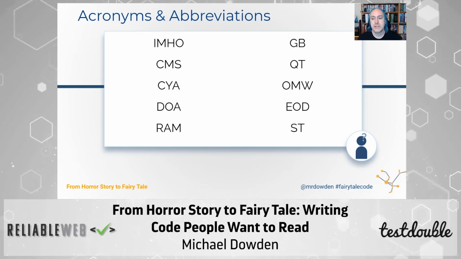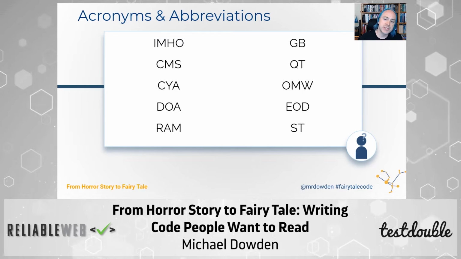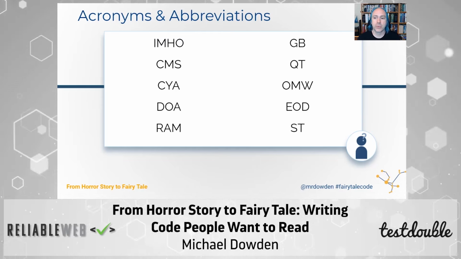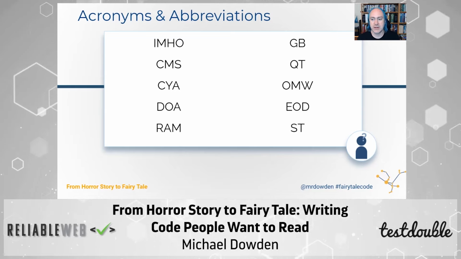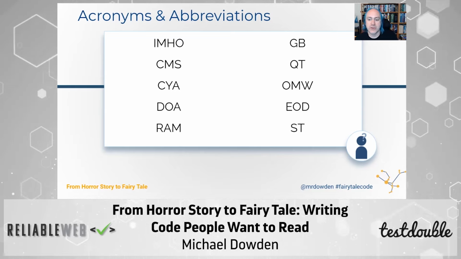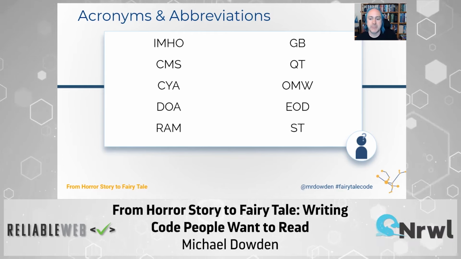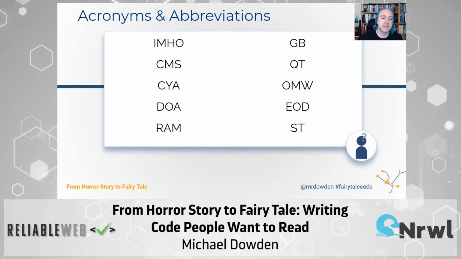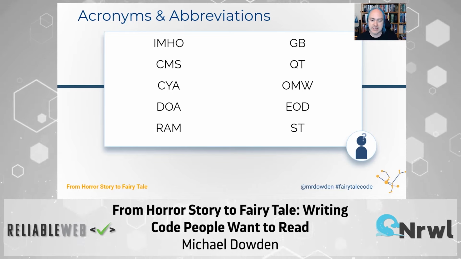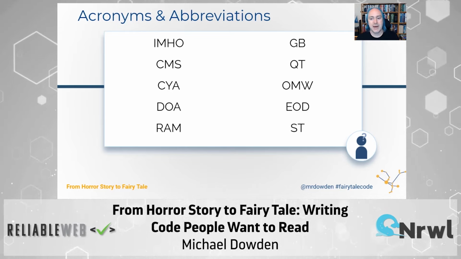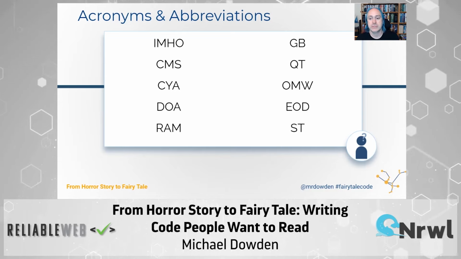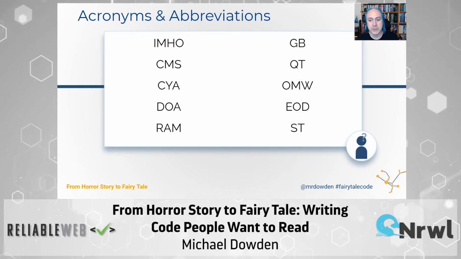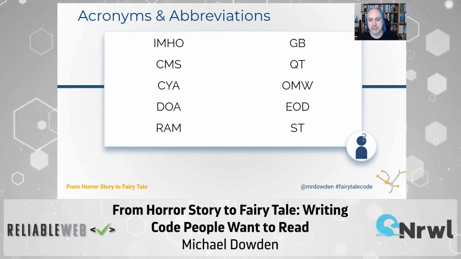ST. ST can mean stanza, it can mean street, it can mean straight, it can mean saint, Star Trek. In fact, there can be 34 entries on ST in the Wikipedia disambiguation page. It's really hard to tell what this means. And when you see this in code, and I see ST in code all the time, it's not obvious what it means ever, basically. Because even within the context of an address, for example, ST can mean a lot of different things.